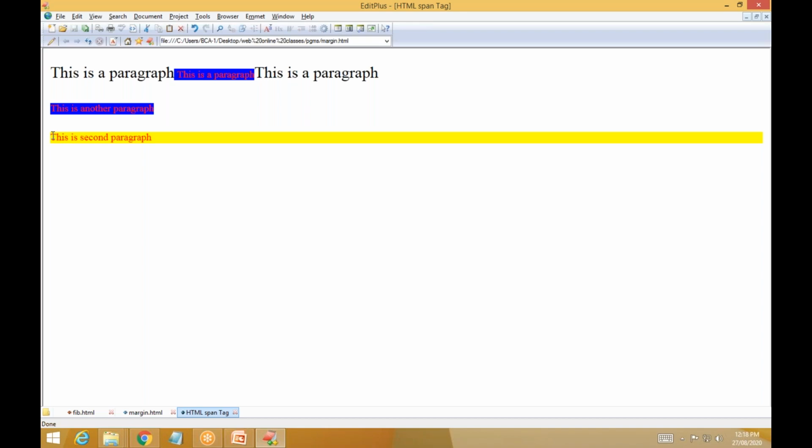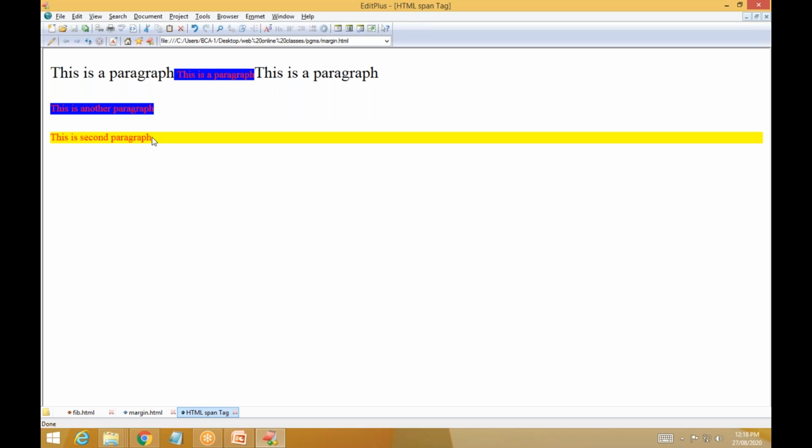But when you are applying a division tag, it takes the entire width, not only this much. The span tag is an inline element; you can highlight the element and style the element inline. Then the division tag takes the entire width of the browser, and this is called block level.